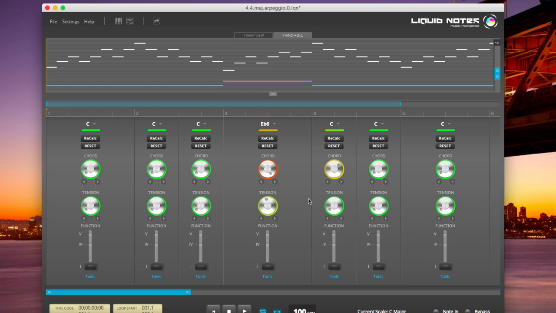So there's Liquid Notes, always the harmonic analysis that is being run whenever you open up the arrangement, looks at the entire arrangement. So any MIDI events, everything that you have in the arrangement, and from it, it depicts the harmonic structure, and in accordance with music theory, it then models these chords for you. Now, if we change the chord function, for example, for the next chord, and add a little bit more tangent to it,